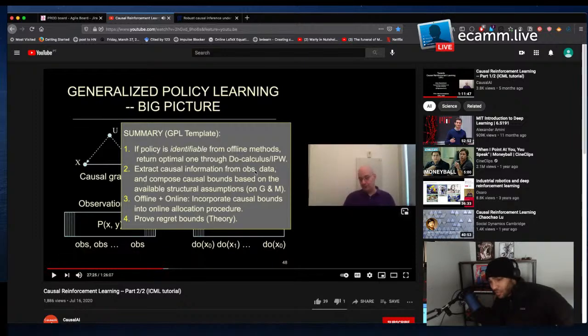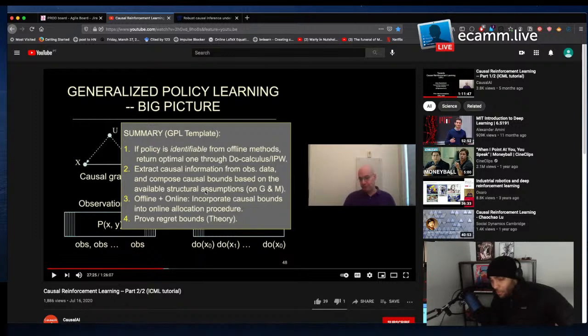Then based on whatever assumptions you have, you try to construct these bounds, and then from the offline data, seed that into your online algorithm, in the case of causal Thompson sampling, as the counts for the beta distribution. Then you do explore-exploit, and if you wanted to be more exploratory, rather than doing that argmax thing he was doing, you could make it more